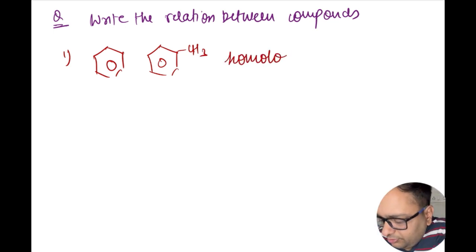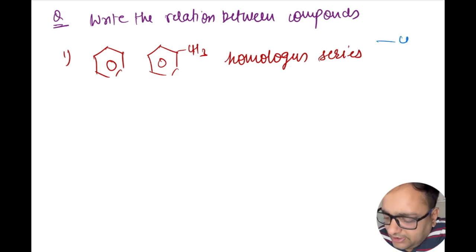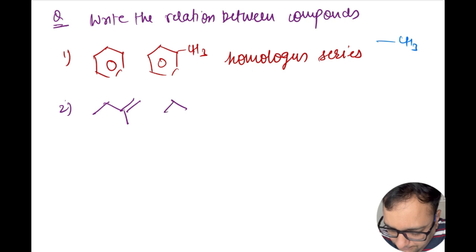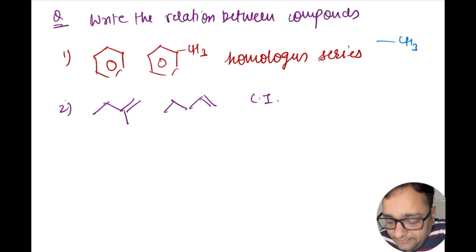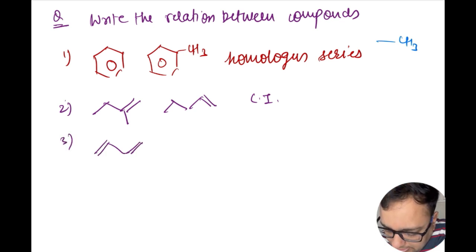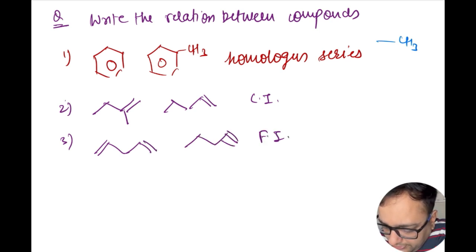First compound, what is this? This is actually a homologous series. A homologous series means compounds that differ by a CH2 group. Okay. Second, which type of isomer is it? Tell me. This is chain isomers. Third, this is functional group isomer, because this is alkene, diene and alkyne. I hope you remember everything properly. Okay. Fourth,